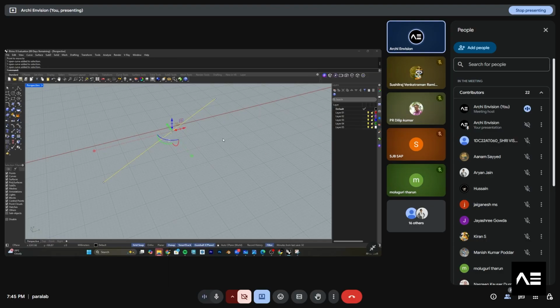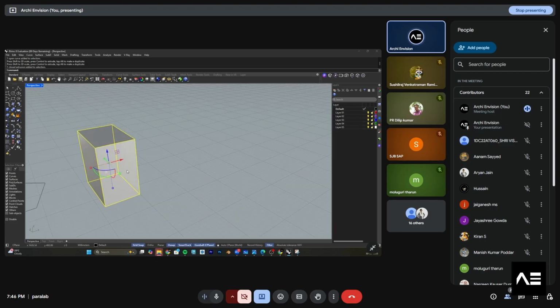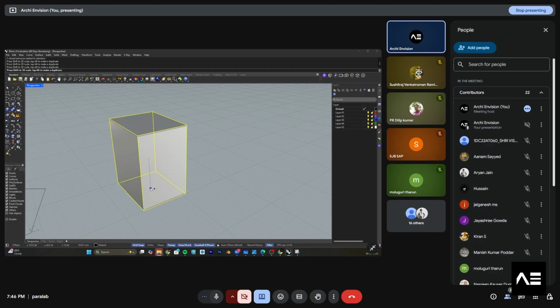I'll explain in the later classes also, but just try to have a look at it. So the green box is to scale. It automatically scales in one direction. If you want to scale in this way, you can scale it. Because it is 2D, you don't have a Z axis. If it is 3D, you will have the Z axis. For example, if I select it, you will have 3 axis boxes. Can you see? There is a red axis, green axis, blue axis. You can move it, scale it in different axes. Like this, you can scale it in all the axes.